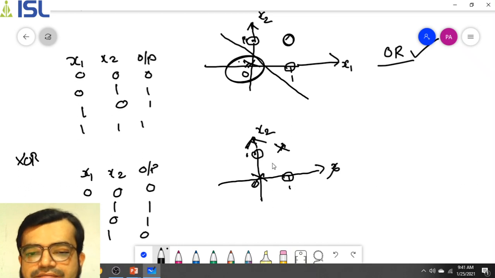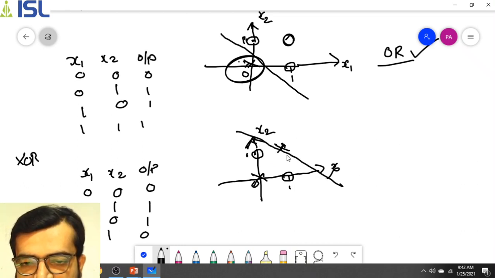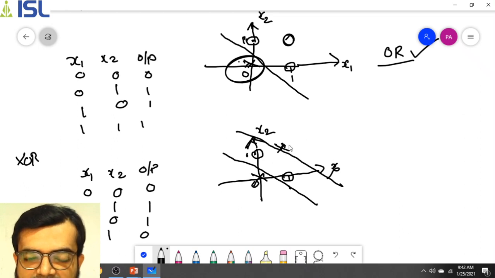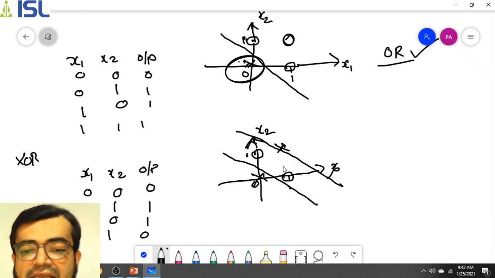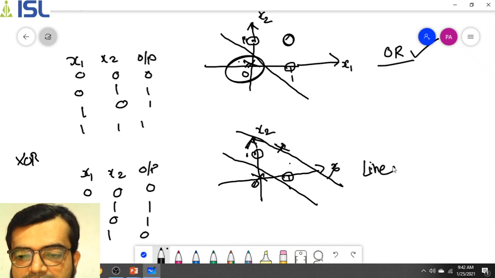Now if you observe this, in any way you cannot divide exactly the given set of similar patterns into two different forms of patterns. Why? Because if I divide in this way, the same pattern, the cross mark, is also available here. Or if I divide in this way, the cross mark is also available here. That means it is not linearly separable. You can take these two lines and say that you can divide it into continuous forms of patterns, but it is not linearly separable. XOR is not linearly separable.